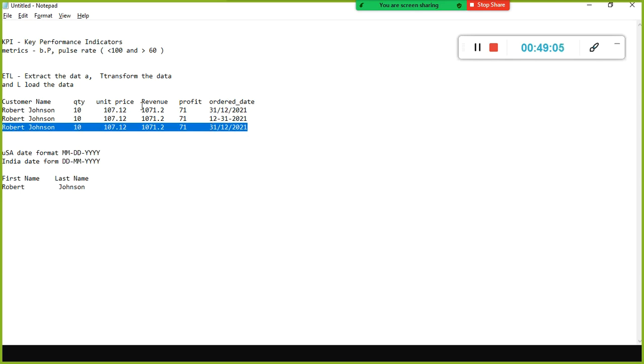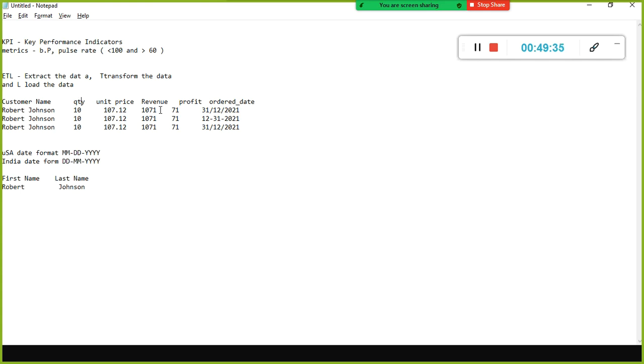And sometimes when you open the Excel file given by your manager in Power BI, while reading it by default, it will sometimes consider a column as a text data type instead of a number data type. You need to visit each and every column and check the data type. If the data type is text for revenue or quantity, you need to convert it to a number data type.